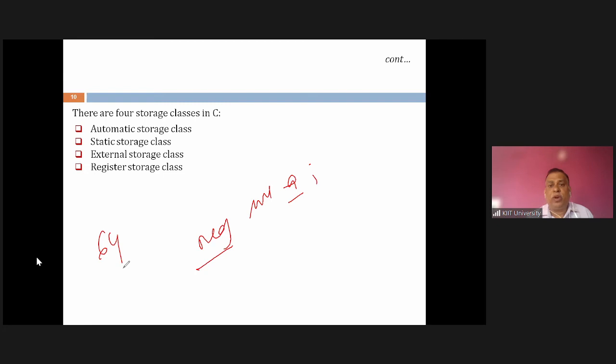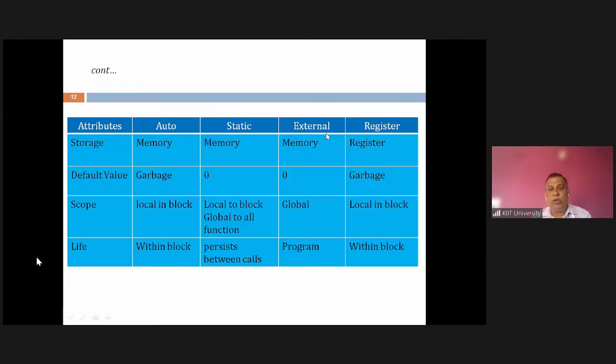External storage class. Some variables in a program can be accessed by other programs, and for those, we have to use the external keyword prior to this, so that this variable can be used by other external programs. External, I'm not going to discuss in detail because of shortage of time, but remember, external variables are always stored in the heap area, and their existence starts at creation and continues to the end of the execution.